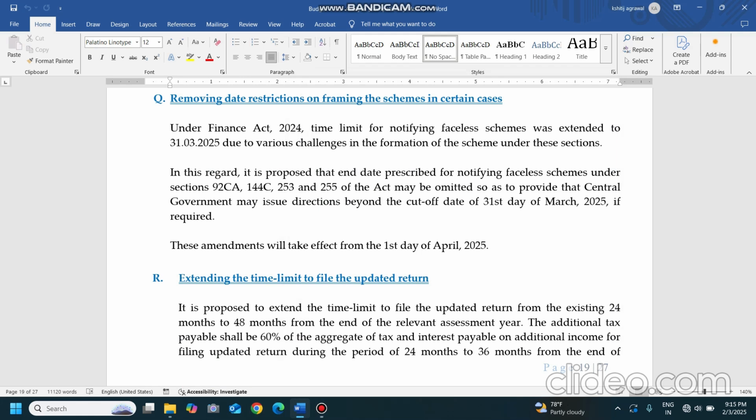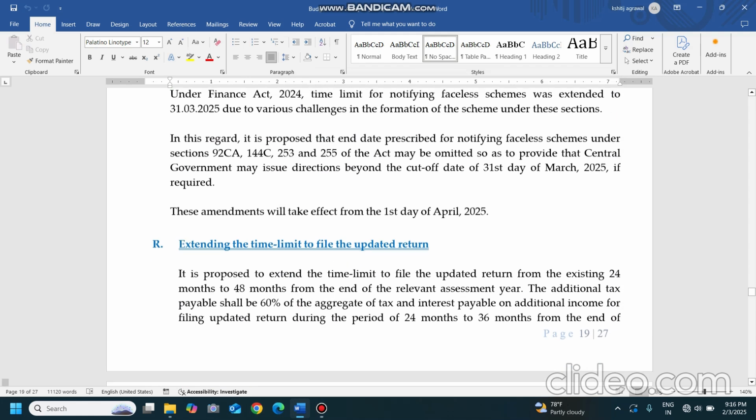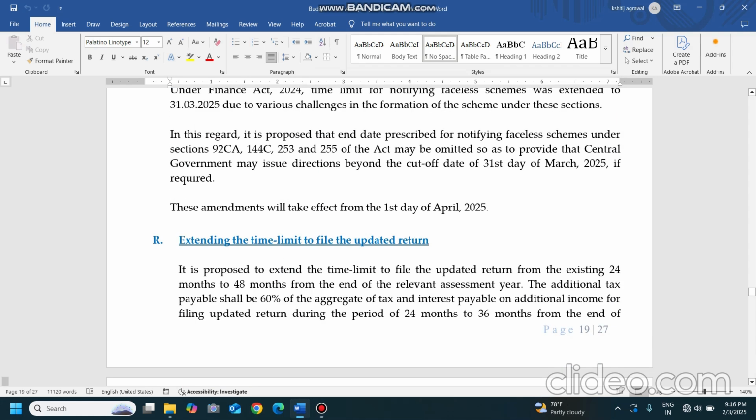Now, in a few cases, this faceless scheme notification has been omitted, that the government is not going to issue the directions in these cases, or it may be issued beyond the cutoff date of 31st March 2025 if it is required. So basically, it is not planned for the time being. It is in respect of section 92CA, 144C, 253 and 255. This will apply from 1st April 25, so they are not going to issue the notification for faceless schemes in